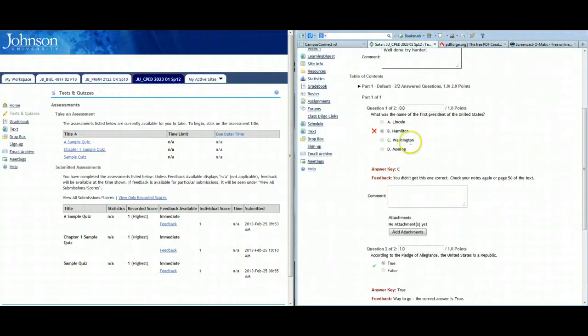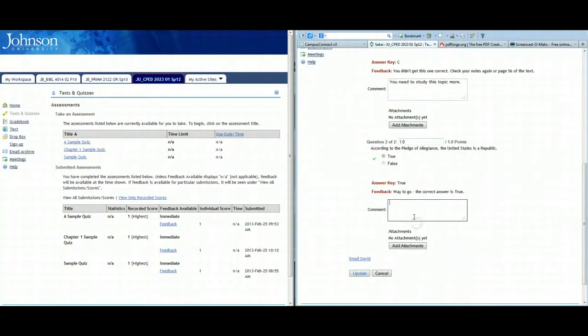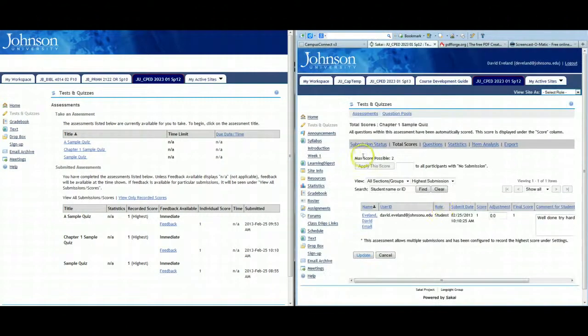I can see the student's content, what they've submitted, and I can even provide comments here. You need to study this topic more. Way to go! Click Update. And if the student goes through and actually sees their comments here, the student on the student side,